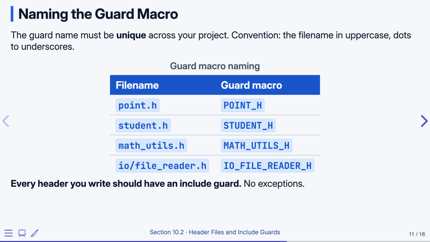The guard macro name must be unique across every header in your project. The standard convention is to take the file name, write it in uppercase, and replace dots and slashes with underscores. So point.h becomes POINT_H. student.h becomes STUDENT_H. math_utils.h becomes